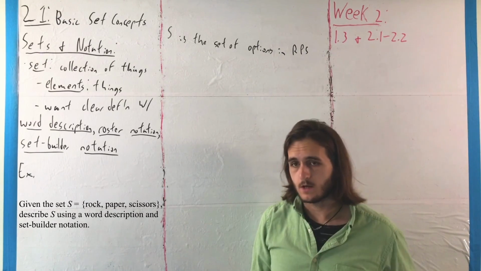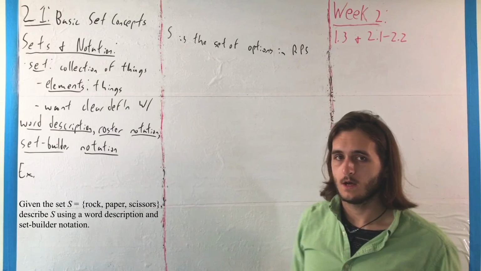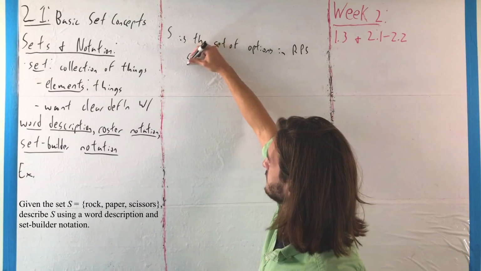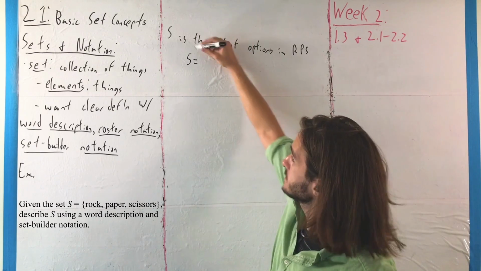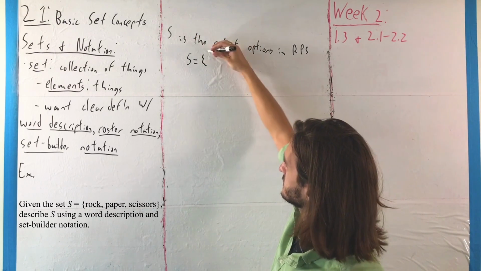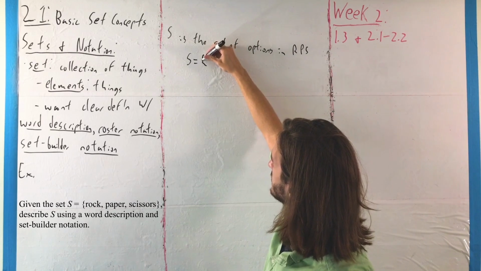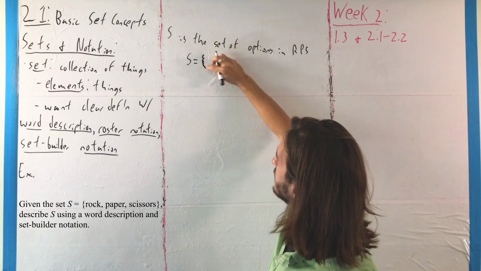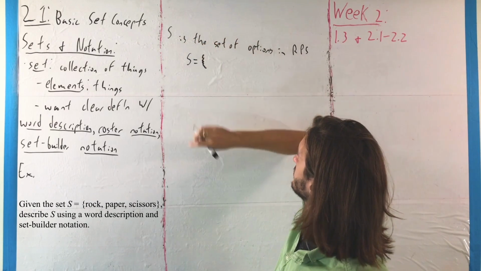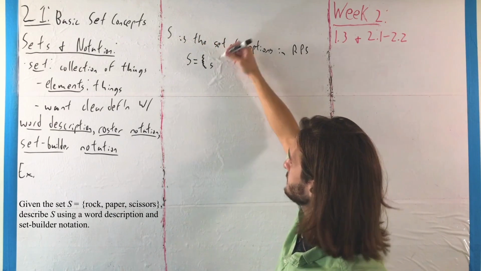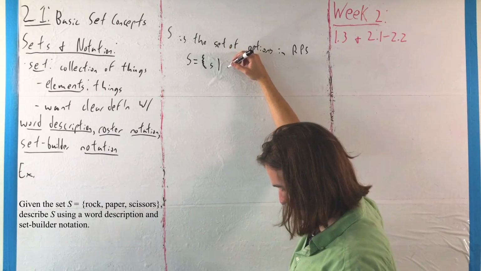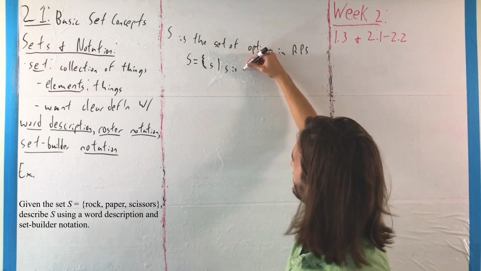Meanwhile, if we want to describe that in terms of set builder notation, we could do the same sort of thing. S is equal to, S is the set of, that's what opening this curly brace says. That's a terrible curly brace. Even by my standards, I think I can do a little bit better than that. So S is the set of options S, such that, well, S is an option